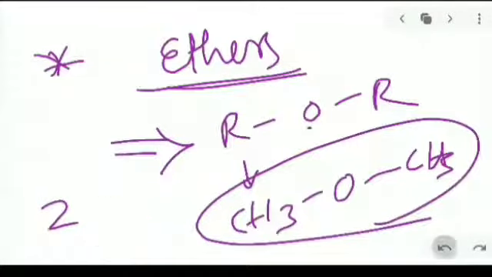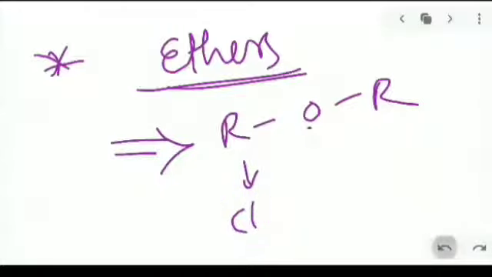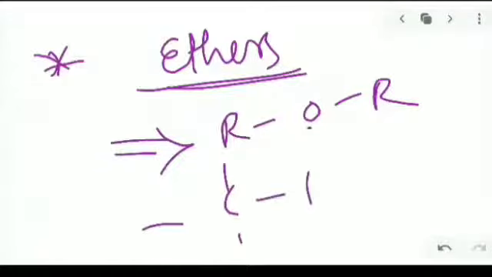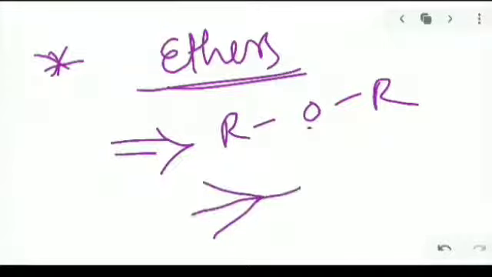Another form of ether is the structural formula, written like this with CH3, O and C. So this is the structural formula of ether. We can write ethers in different forms. Next we see the skeletal formula of ethers. This is a skeletal formula, which is easy to draw, like the structural formula or condensed formula.